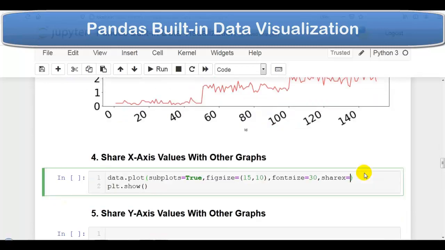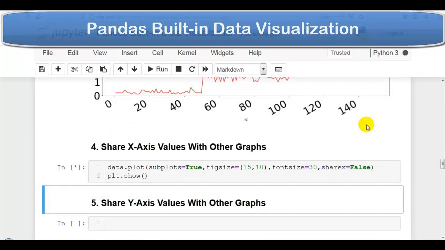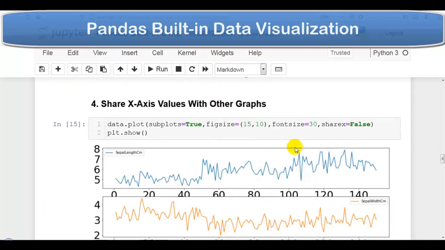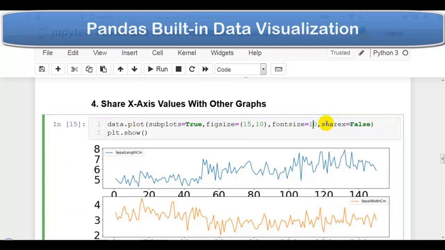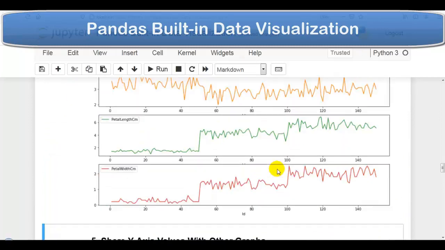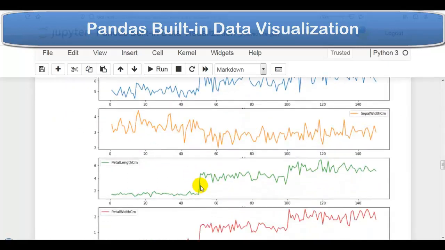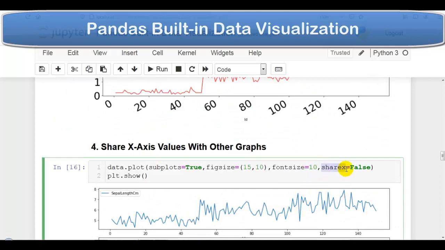So here we have to make this sharex False. So let me execute this cell. As you can see over here, let me change font size back to 10. So let me execute this cell once again. As you can see over here, separate x-axis values for each graph. So this way we can control sharing of x-axis values with other graphs using this sharex parameter of this plot method.